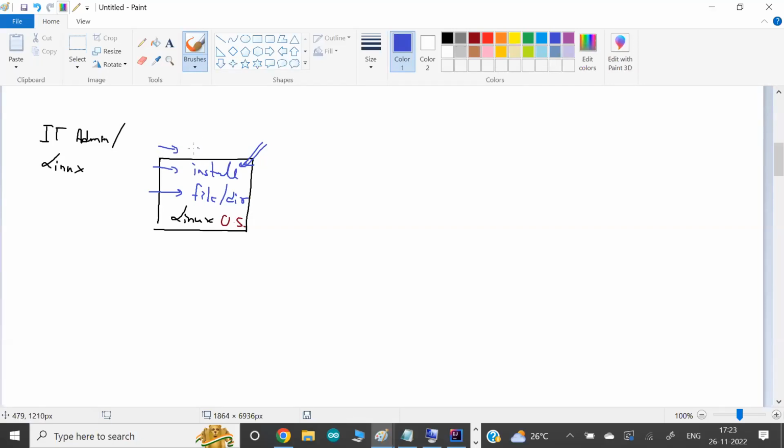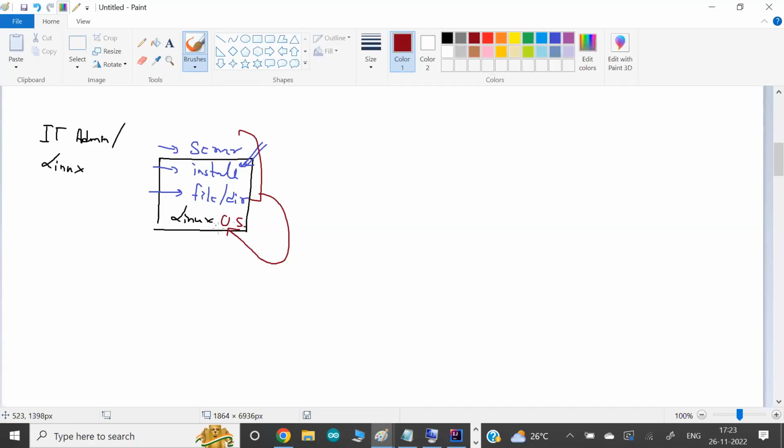That is mostly what we do: make changes and set up servers. We set up the database server, the web servers, the app servers like Tomcat or JBoss. So you do multiple different activities depending upon the requirement on top of one or another operating system.